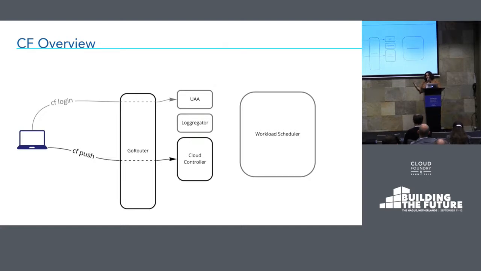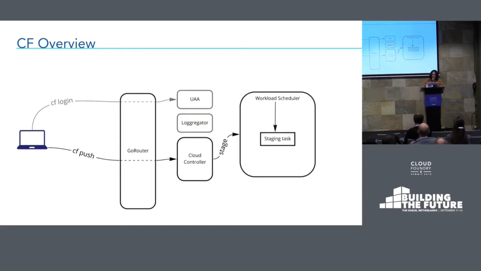The next thing a developer might do is a CF push. That's going to go talk to the cloud controller. The cloud controller is sort of the front end for interacting with the Cloud Foundry system. It's the API that gets hit when you're using the CLI or any other tool that's interacting with Cloud Foundry. The cloud controller in this case is going to stage your application. It's going to take your app bits and then combine it with a droplet, and it needs a container to